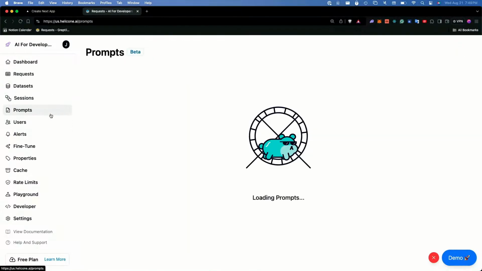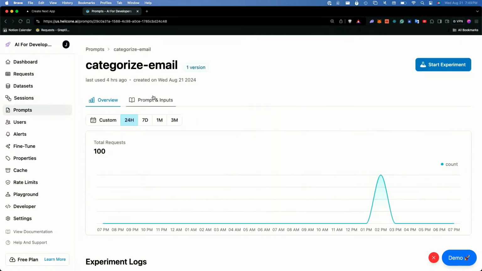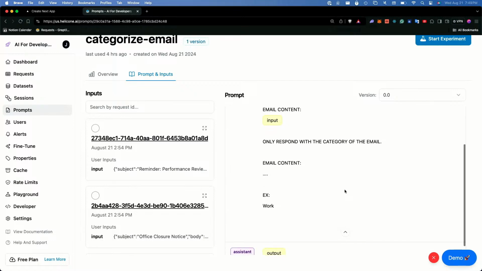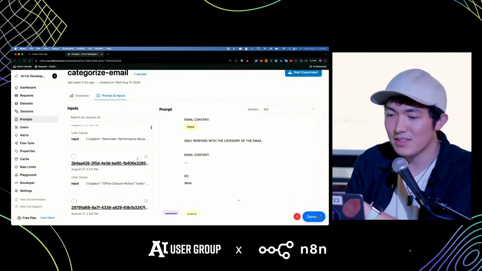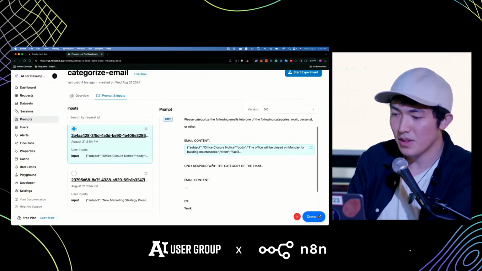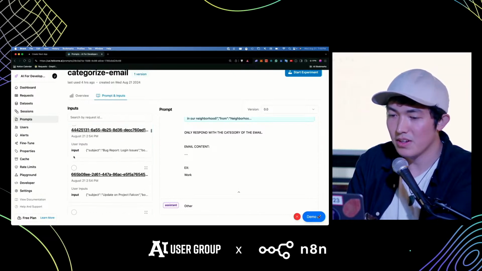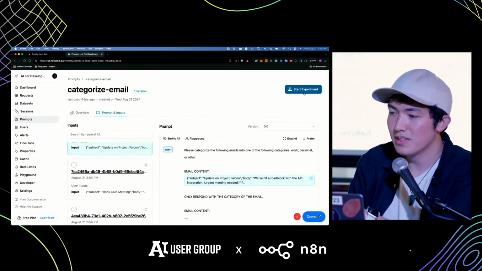So if I have a prompt here, let's say I have this categorize email prompt where we have some email content and we want to give it a category. In this case, we have a bunch of inputs where you say, okay, here's some email. What was the output? This one was work. This one was other. This one's also work. If I want to start an experiment to say, hey,